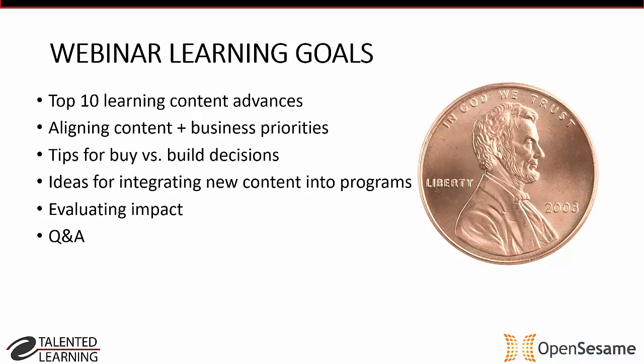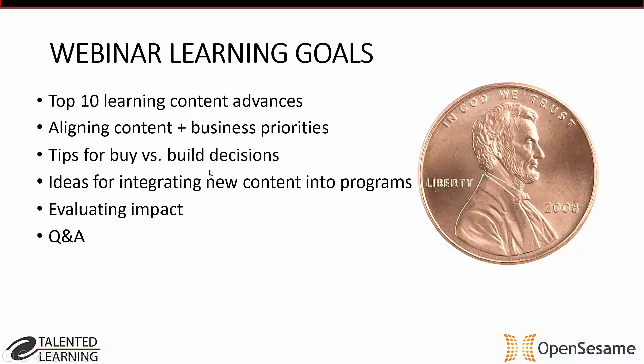So, learning content is a big topic. Now, there's so many buzzwords that come, evolve, and disappear in learning technology. You know, progressive training organizations want to be on the cutting edge, but they don't want to bleed. They want better learning experiences for their learners, yet they don't want to chase shiny objects. And they want to leverage new technologies, but with limited time and budget, there's not a lot of room for choosing wrong.